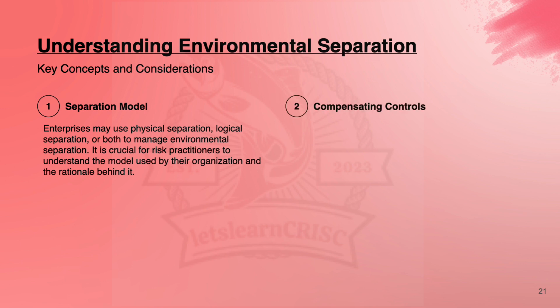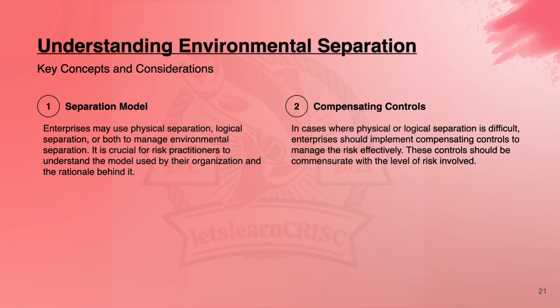Next is about the compensating control. Friends, when physical or logical separation is challenging, compensating controls are implemented to effectively manage the associated risk, right? Friends, these controls should match the level of risk involved, right? Let us understand with the example, like consider a building with limited space for separate rooms, right? So a compensating control could involve using security cameras, access control systems, and encryption to manage the risk effectively when complete physical separation is not possible,